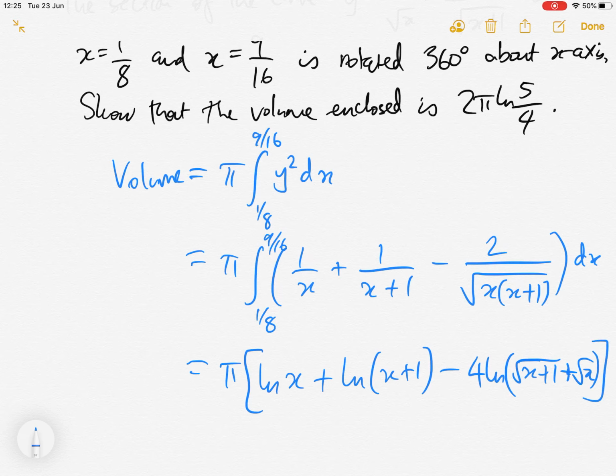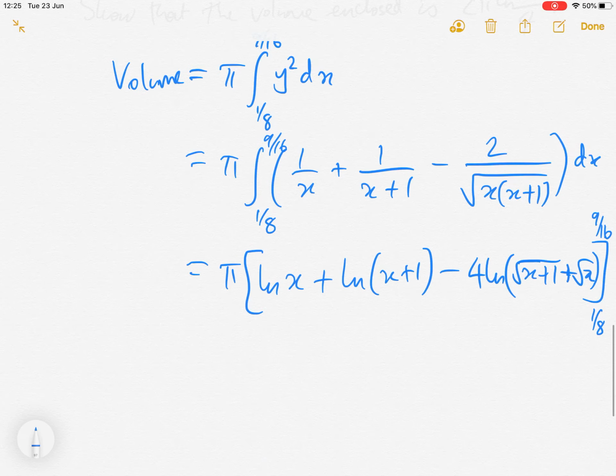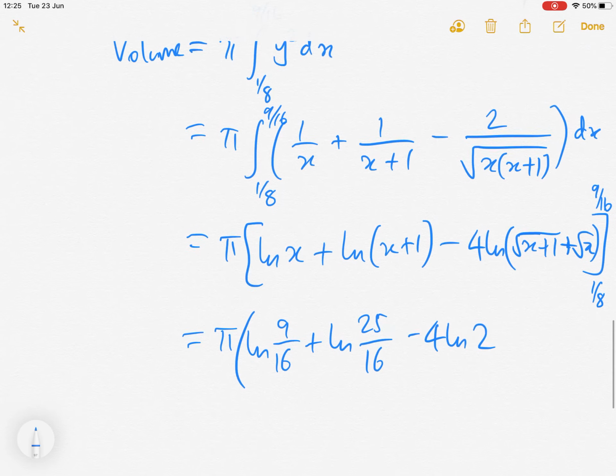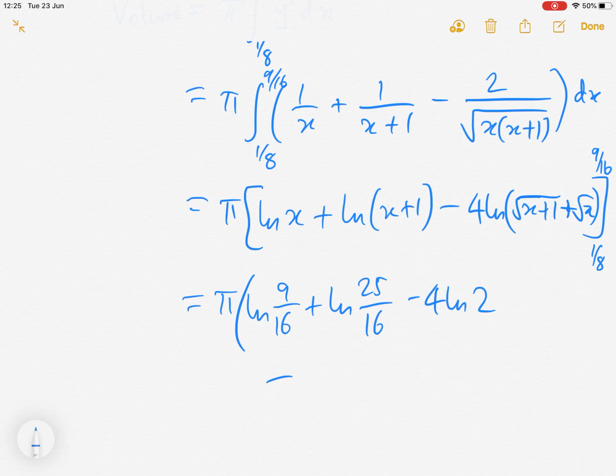And again, that's between 1/8 and 9/16. And then we'll substitute everything in. So we've got pi times log of 9/16 plus log of 25/16 minus 4 log 2, and then minus log